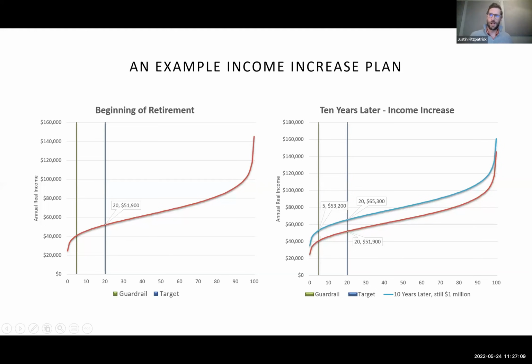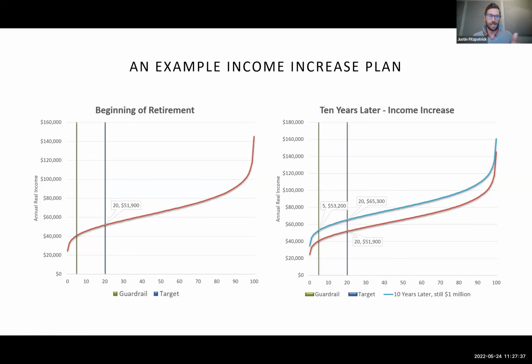So if they're beginning retirement with a risk of 20, we're saying, well, you're comfortable with a risk of 20. If things improve to the point where the risk of spending $51,900 a year from your portfolio is down to 5 because of anything that could have reduced your risk, increases in your portfolio balance, a shorter plan because you've lived a while,